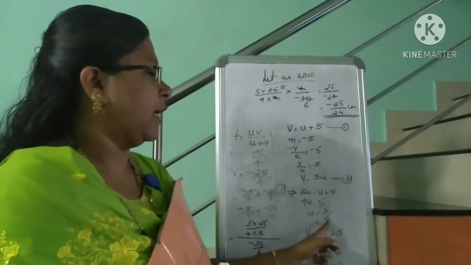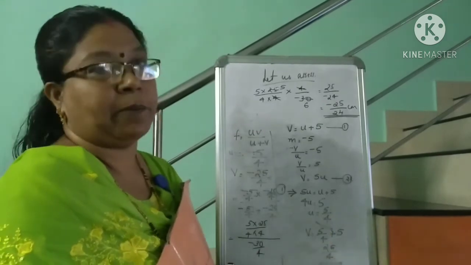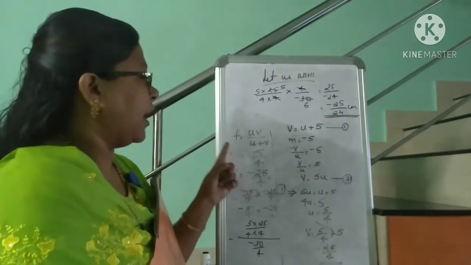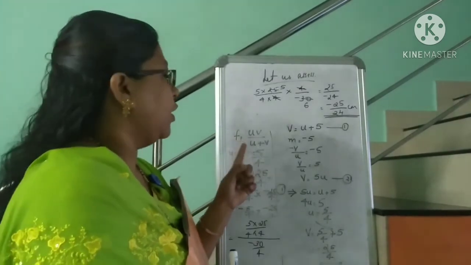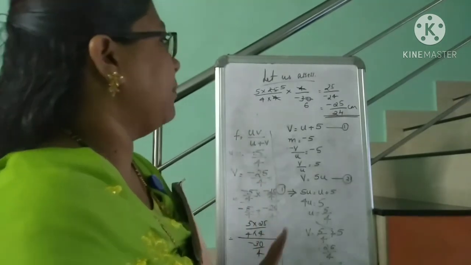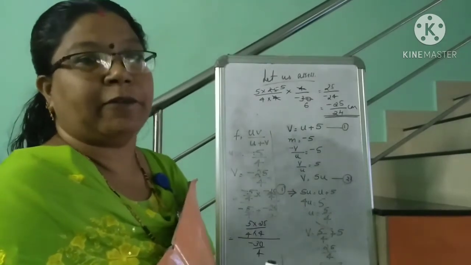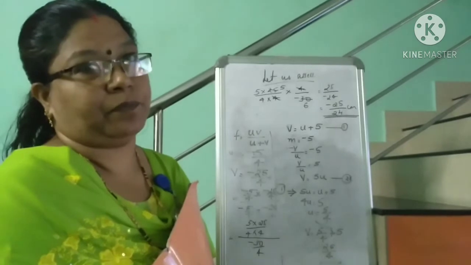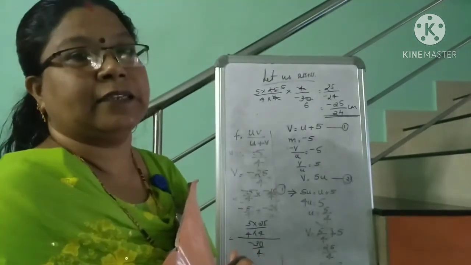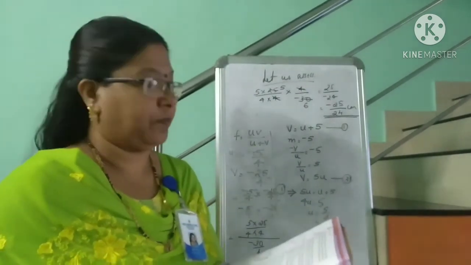So substituting, you will get u is equal to minus 5 by 4 and v is equal to 25 by 4. Then you should use the formula for focal length. While using the formula for focal length, you should use the sign conventions. And by doing the simplification, you will get the focal length as minus 25 by 24. So, watch this and write the questions and answers in your notebook. Then we will move on to the third question.